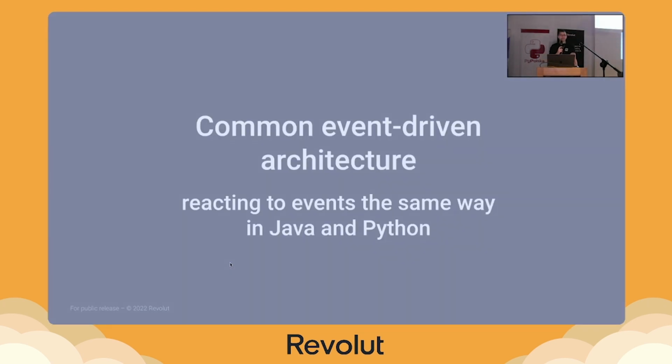In this part, I'm going to tell you in short how our services are communicating with each other, regardless whether they come from Java or Python. This will help you to understand how such big distributed systems as Revolut work and how things are happening there. First of all, I would like you to answer a couple of questions, and then I'll show you how we solve those in Revolut. So let's begin.